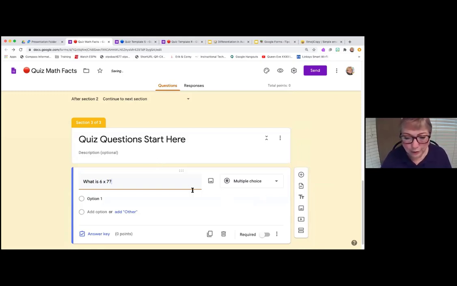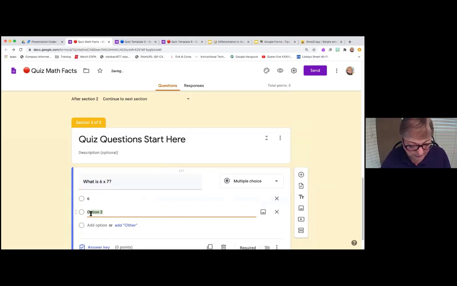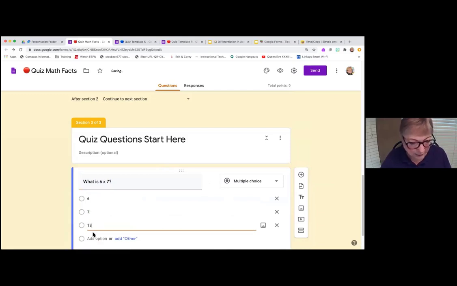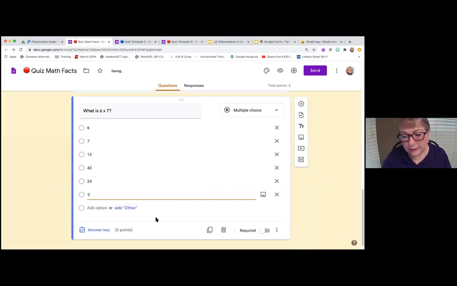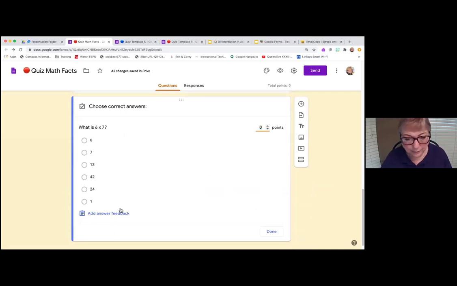All right, so it's multiple choice, so I'll put in some choices. So I'll put 6 and 7 and 13 and 42 and 24 and 1. So I have lots of answers here. I'll make it required, and I'm going to go into my answer key here and select the correct answer.